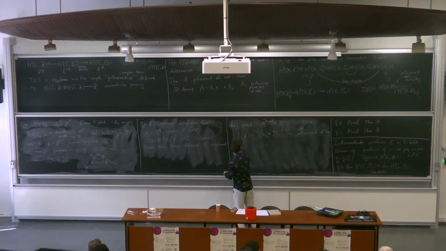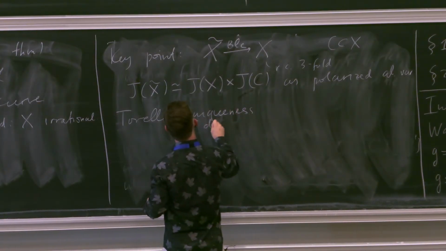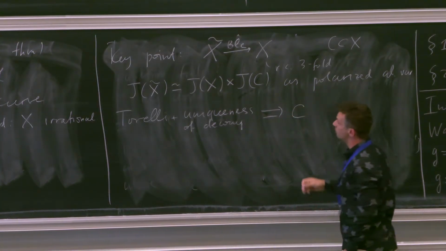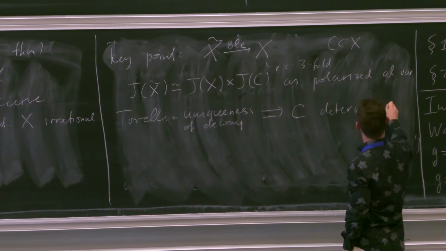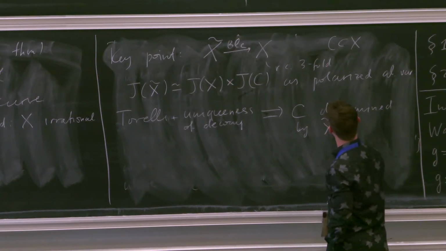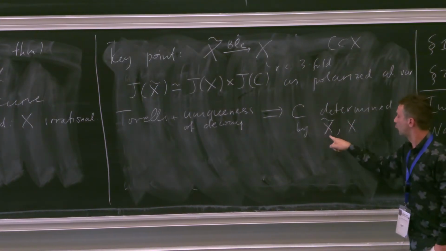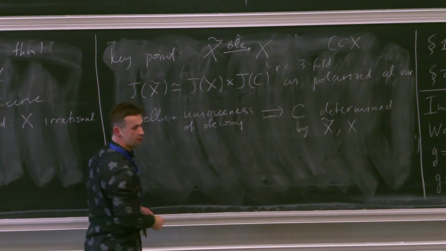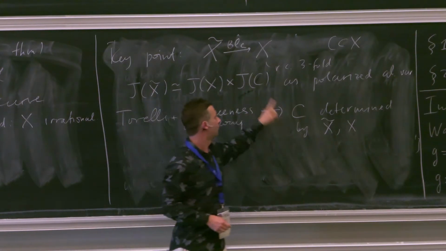How will we use this? So what I'm saying is, by the Torelli theorem plus uniqueness of decompositions, the two theorems I stated over there imply that C is determined by this pair of varieties. So we don't care even what the map was, but if there is a map like this, then the curve is determined by your varieties. Specifically, you compare the two Jacobians before and after the blow-up, you decompose everything, you collect the remaining factor, and then recover the curve from the Jacobian.